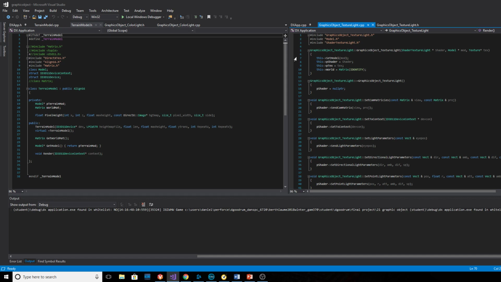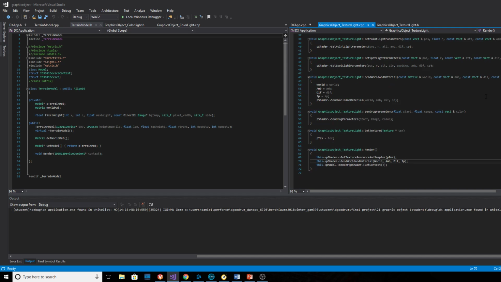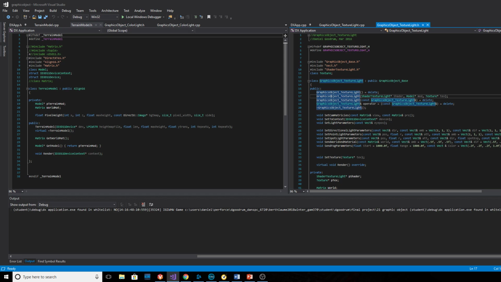It just inputs everything, and then when you set everything, it also sets it to the shader, and when you do the render, it sets the shader to context, and the model and everything. So pretty straightforward there. And then for the color light,